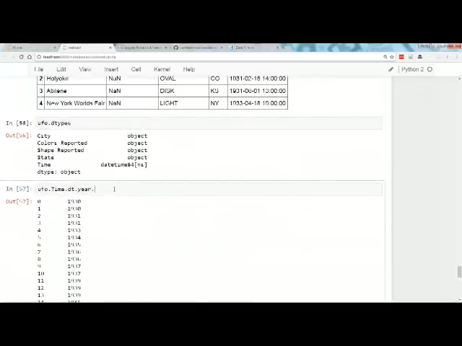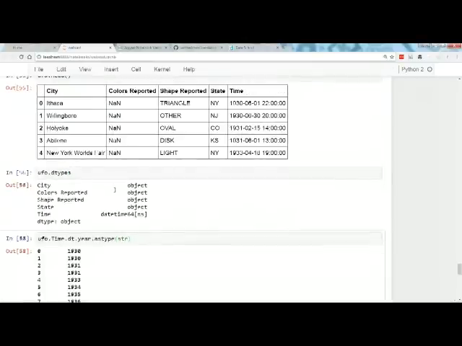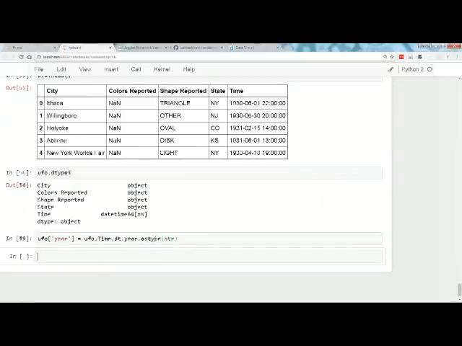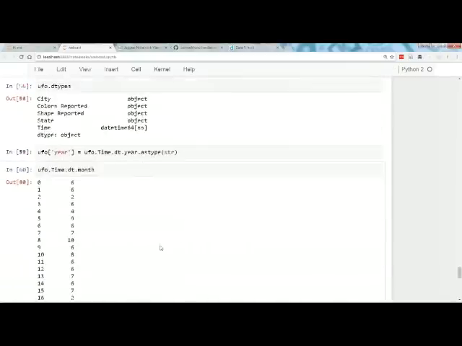I'm going to coerce that to a string, and I'll store that as a new column called year. Then I'm going to get the month, UFO.time.dt. dt is how you access the datetime options. .dt.month. That looks good, except I want some padding here.